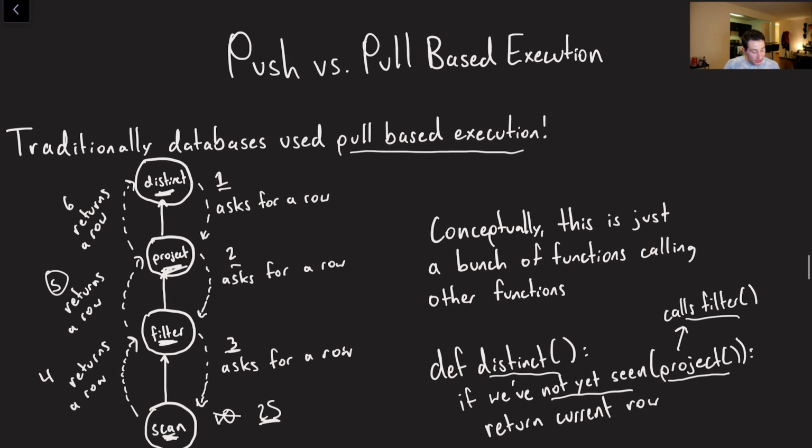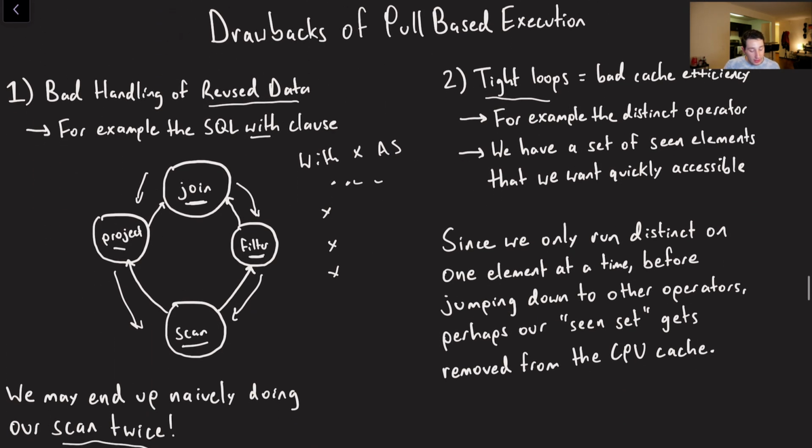And so in this case, because we have this iterative process, and I draw it out right here, we're basically just jumping down a call stack, and then we're coming right back up the call stack. So there's never really any point in this kind of model where we're actually yielding control for a context switch. And so perhaps it's going to be the case that we end up getting bad CPU caching efficiency. So why would that be the case?